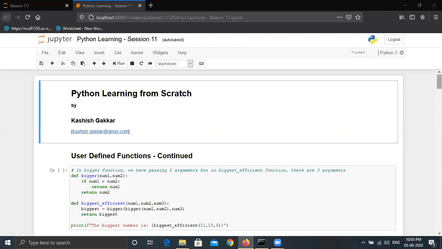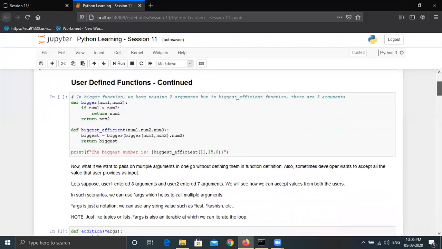There is another thing for user-defined functions, which is lambda functions. Lambda functions are important because once we proceed towards advanced functions such as map reduce, on which the whole Hadoop technology is based, Python also has map and reduce functions, and they do quite similar functionality to what is there in Hadoop. So to use map and reduce, lambda functions come in handy. Let's try to finish user-defined functions today, and tomorrow we can touch base on lambda functions. Okay, so let's get started.